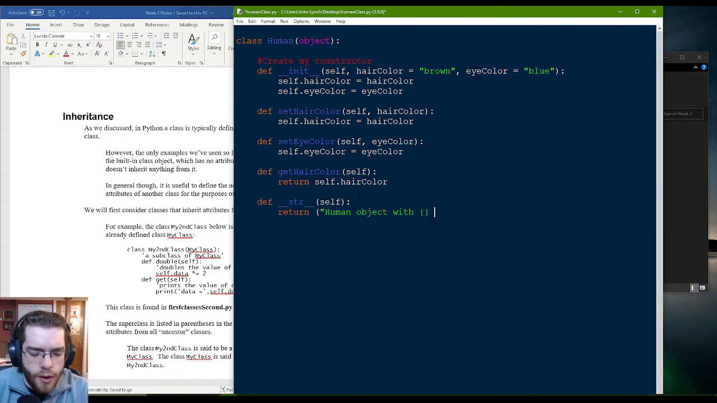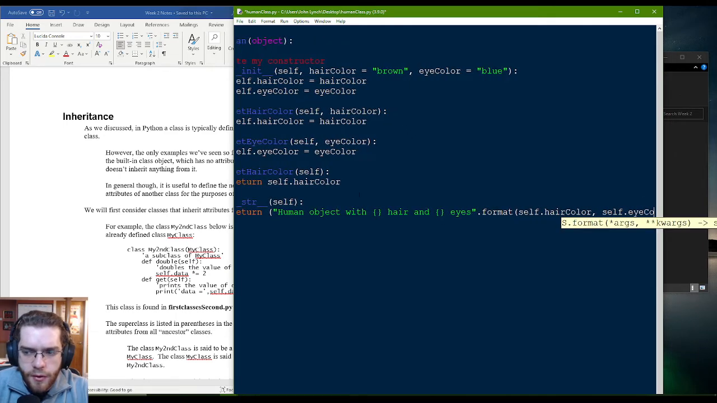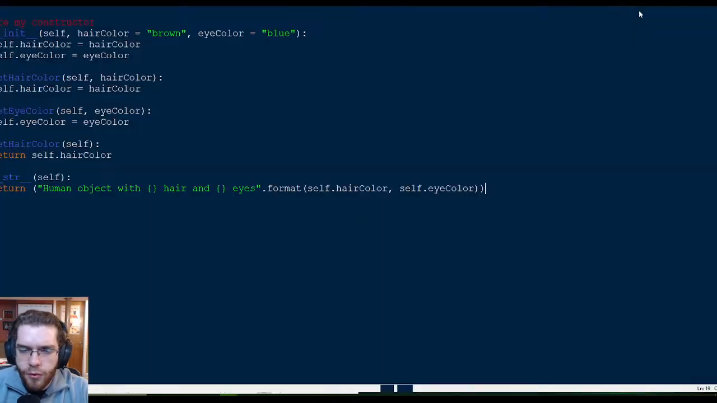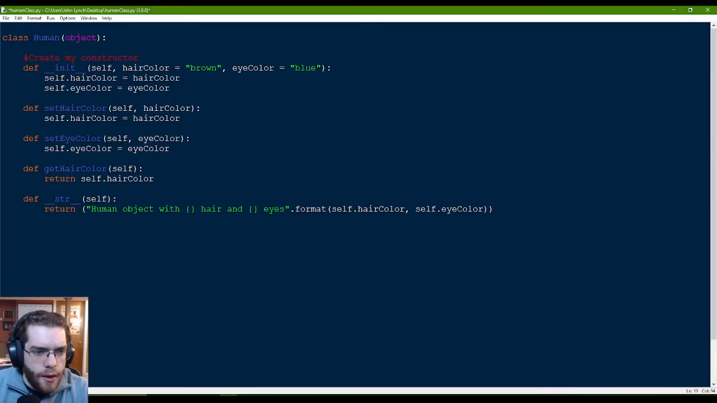I'll say with blank hair and blank eyes. And I'm going to format this by saying self.hair_color and then self.eye_color. And I'll full screen this for the time being. And now what I'm going to do here as well is overload the canonical string representation of